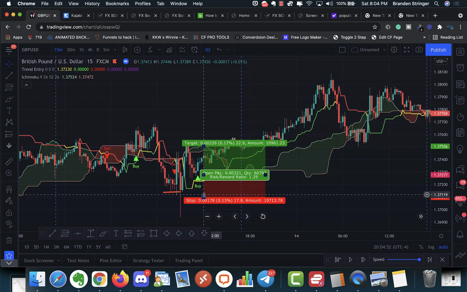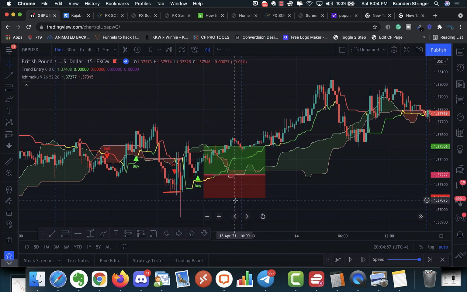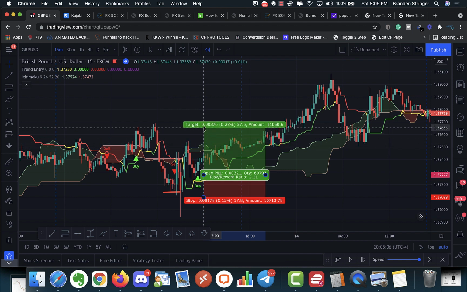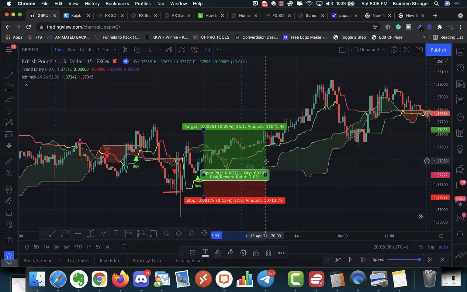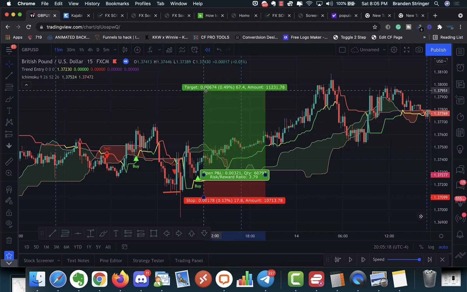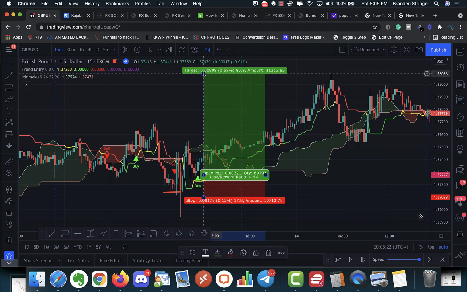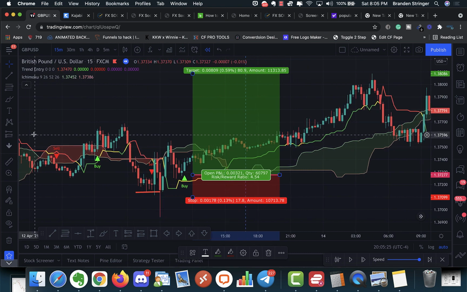So now another thing the stop loss helps us do is figure out our lot size. So we have a 17 pip stop loss. If I want a 1-to-1 at least, then that would be my take profit. But let's assume that we're doing 1-to-2 at least. Now, if we had taken this trade, it would have come up, and we could have won. Let's say though that we want to hold this trade. Let's say we're doing big long trades, like swing trades. So we're holding it all the way up here, right? Let's say we're holding it this far up, and so another cool thing you can do with a stop loss